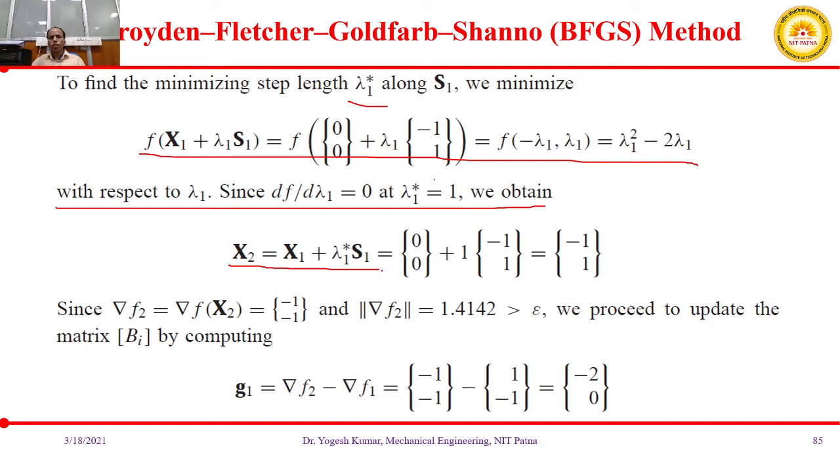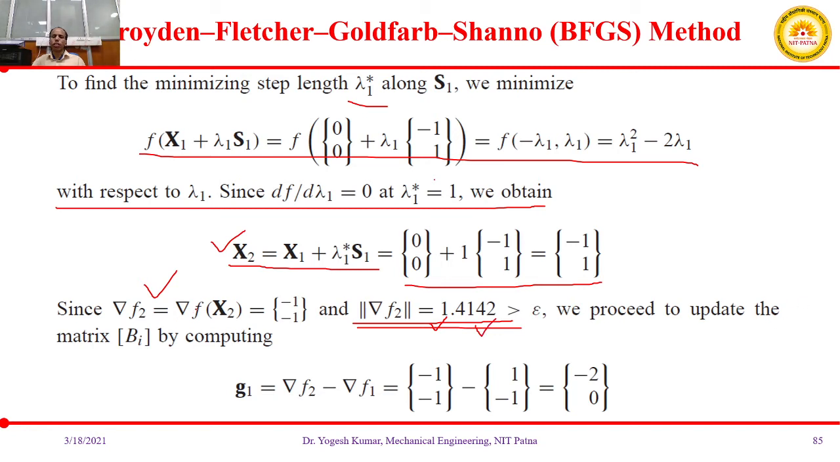Up to this point, you will find that all the calculations are the same as with the example which we discussed yesterday, that is, in the previous class for the DFP method. Then, once you have calculated x2, you will calculate the gradient of the function at x2 and check the termination criteria. Because the termination criteria is not met at x2, we will proceed to update